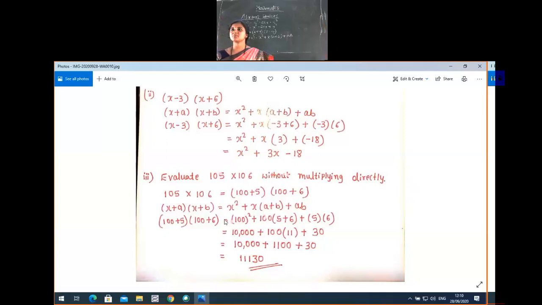So by direct multiplication, you will get the same answer. By applying the identity also you will get the same answer. Okay, is that clear? So how to apply the identities? In the first problem, we applied identity 1, that is x plus y whole square. In the second and third problem, we used x plus a into x plus b is equal to x square plus x into a plus b plus ab. Is that clear? I told in the beginning, it's fully revision of the 8th standard topic. So no need to take much time for this. I'll go to the next page, students.